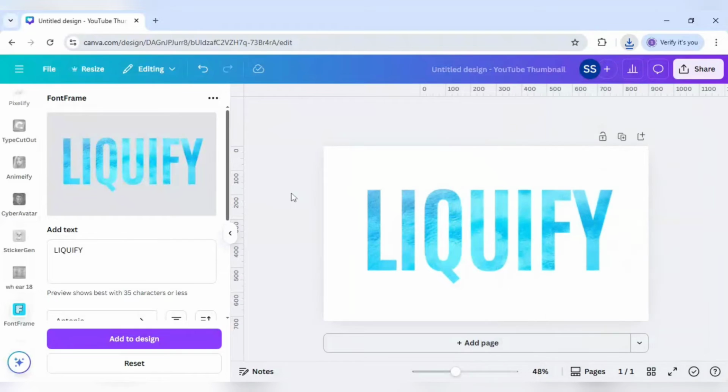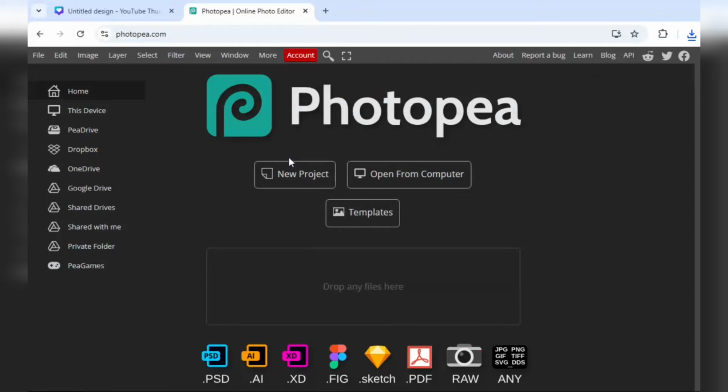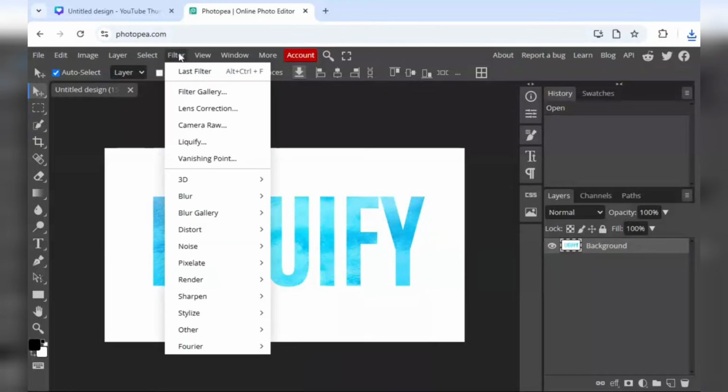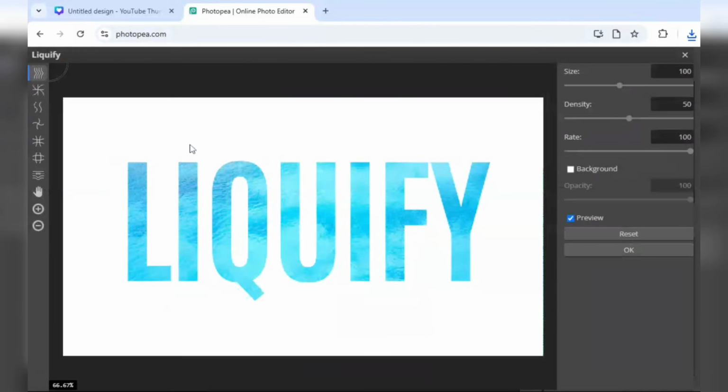So our work in Canva is done. As you know, Photopea is a free alternative to Photoshop, so I will use that to show you this example. I will click on open from computer and use this same design which I just created in Canva. After that, nothing else you need to do, just click on filter and Liquify, and after that just work